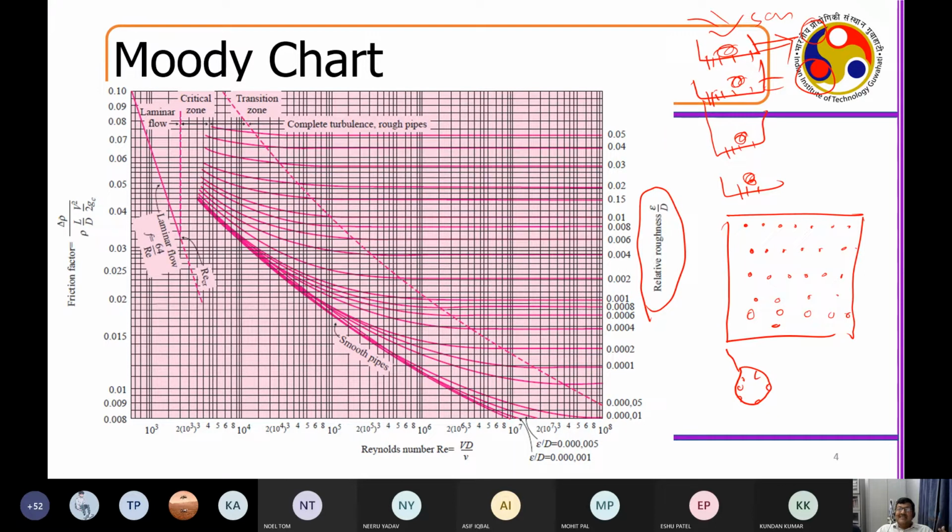And that's the reason whenever you have a flow past an immersed body, you need to have a smooth surface. So what is the wisdom that I am getting from this particular plot? First thing I learned is about a log-log plot, where I can condense more data in a single plot, correct? Now, what is the second thing I have learned? That the definition of the friction factor is given like this, right?